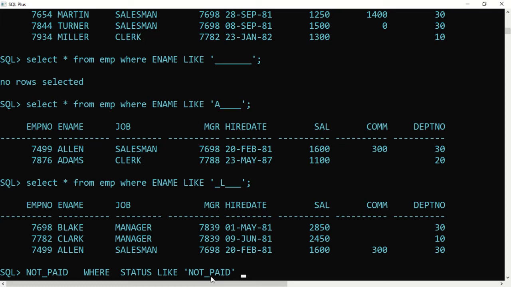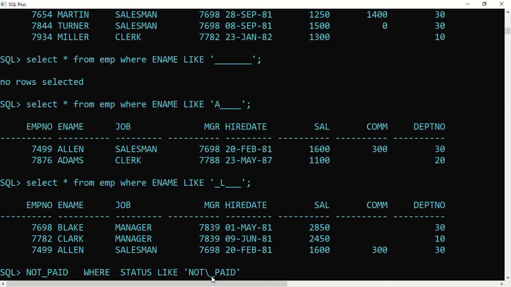For that purpose I'll put a particular signature, say a slash, and the character after this slash, whatever it is, should be taken as a normal character.